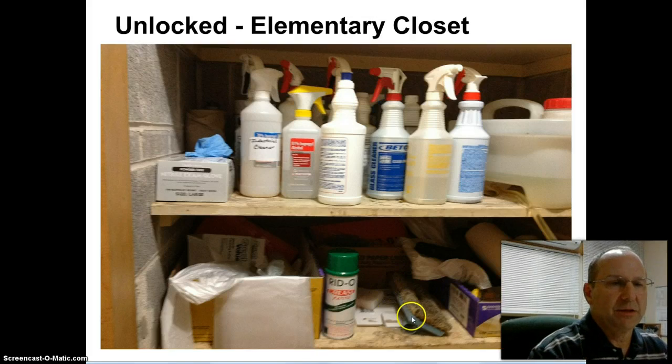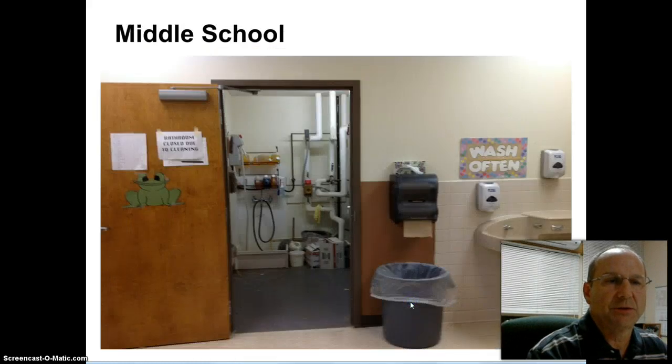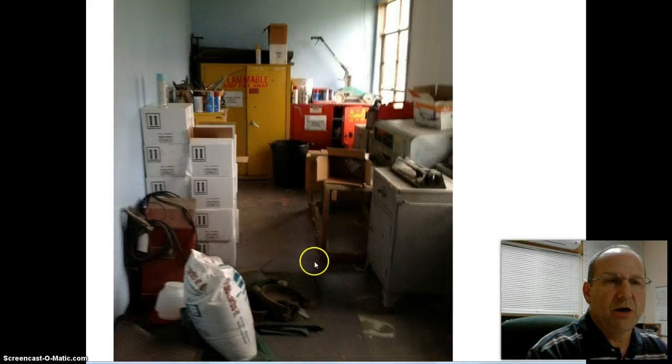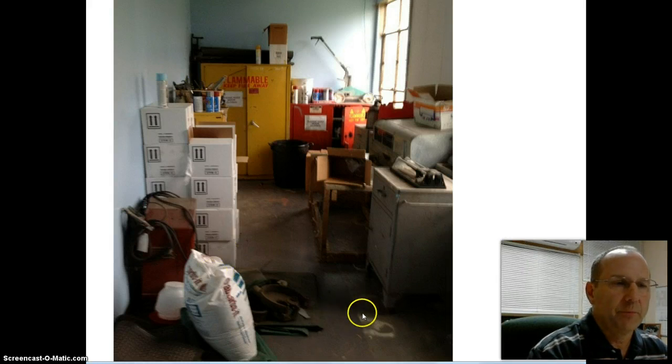One of the things I thought we could have fixed in a safety problem would have been to put locks on the doors for our janitorial closets. They're all unlocked. There's chemicals in these storage areas that kids shouldn't be ingesting, shouldn't really have access to. This is off the shop. There's flammable materials back here. Kids weld just outside this door. There's again a lot of chemicals stored in here, and this door's not locked. New locks for these doors isn't something we're going to spend money on right now.